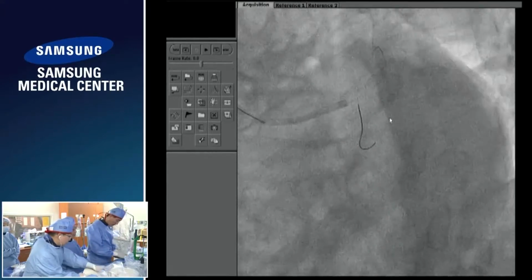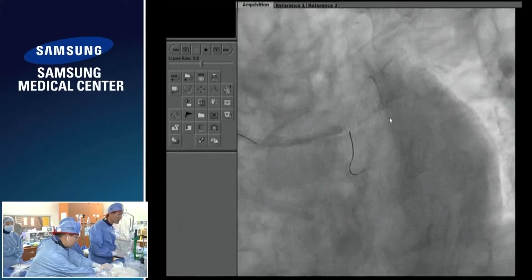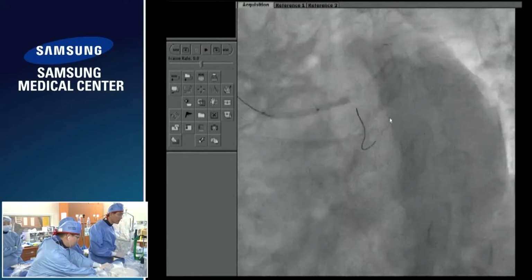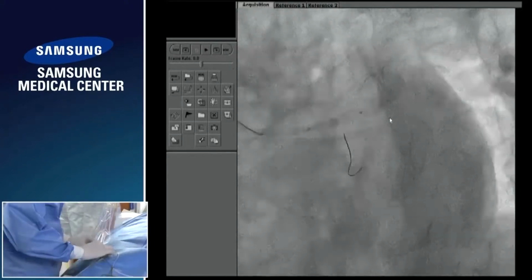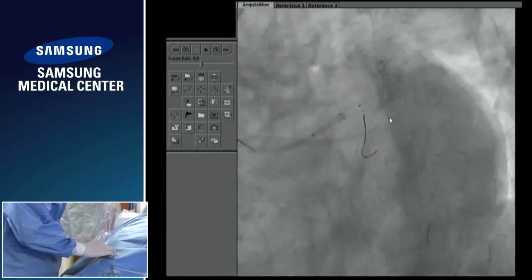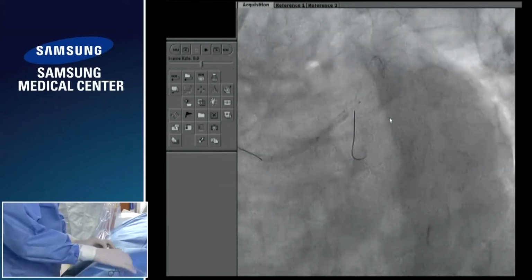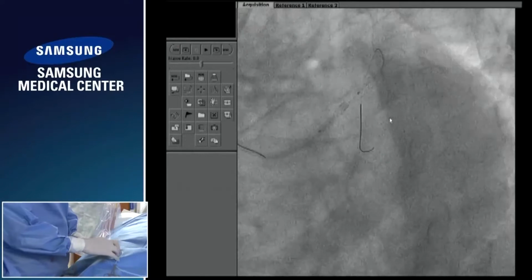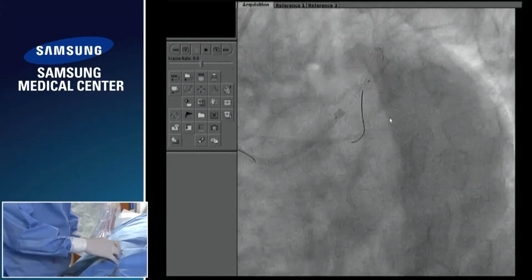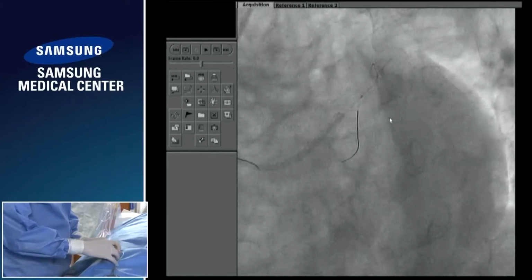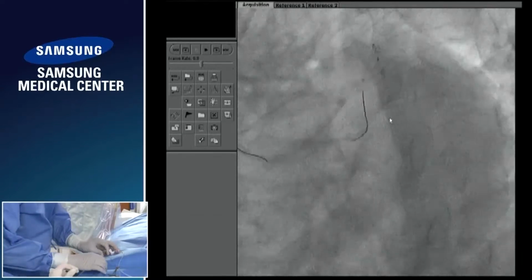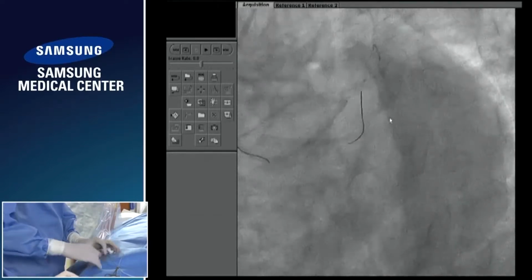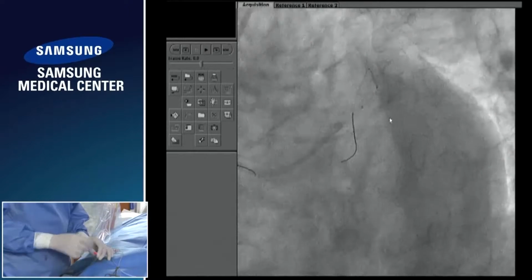And I need actually a guiding catheter aligned with the stent. So I push the guiding inside a little bit. So maybe you like to push the balloon inside, right? Yes, very good technique. Actually, it is not going well. Yes, to avoid damage of the proximal end of the stent. Right. Usually I pull it out,